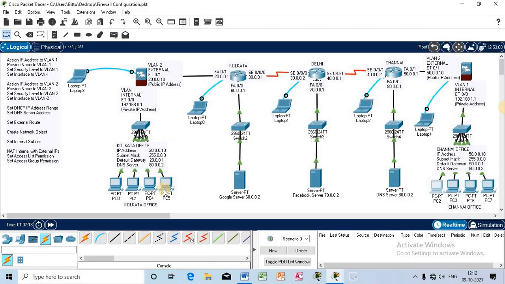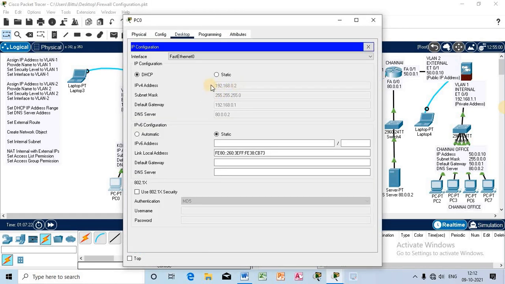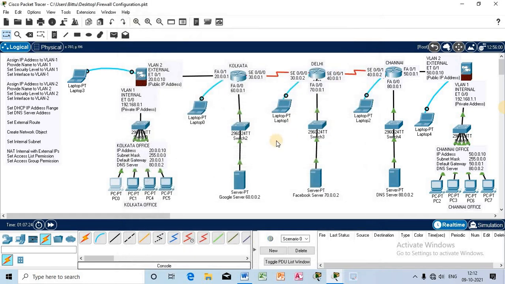So the firewall has ensured the security. So these are the private IP addresses that will not be accessed over the internet. It is to be clear that after I have configured the hardware firewall, this hardware firewall has ensured the security mechanism for the internal part of the organization. So those private IP addresses can only be communicated within the network itself.